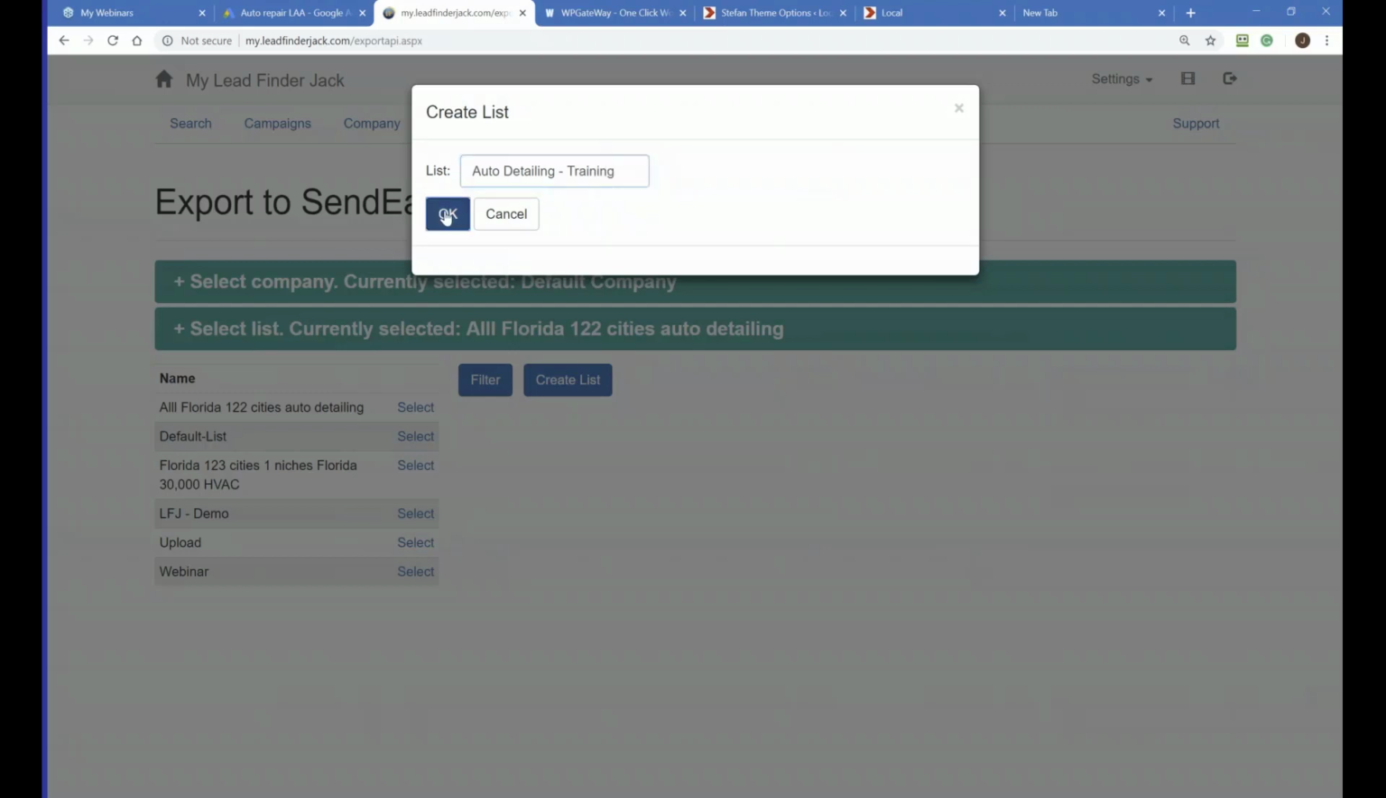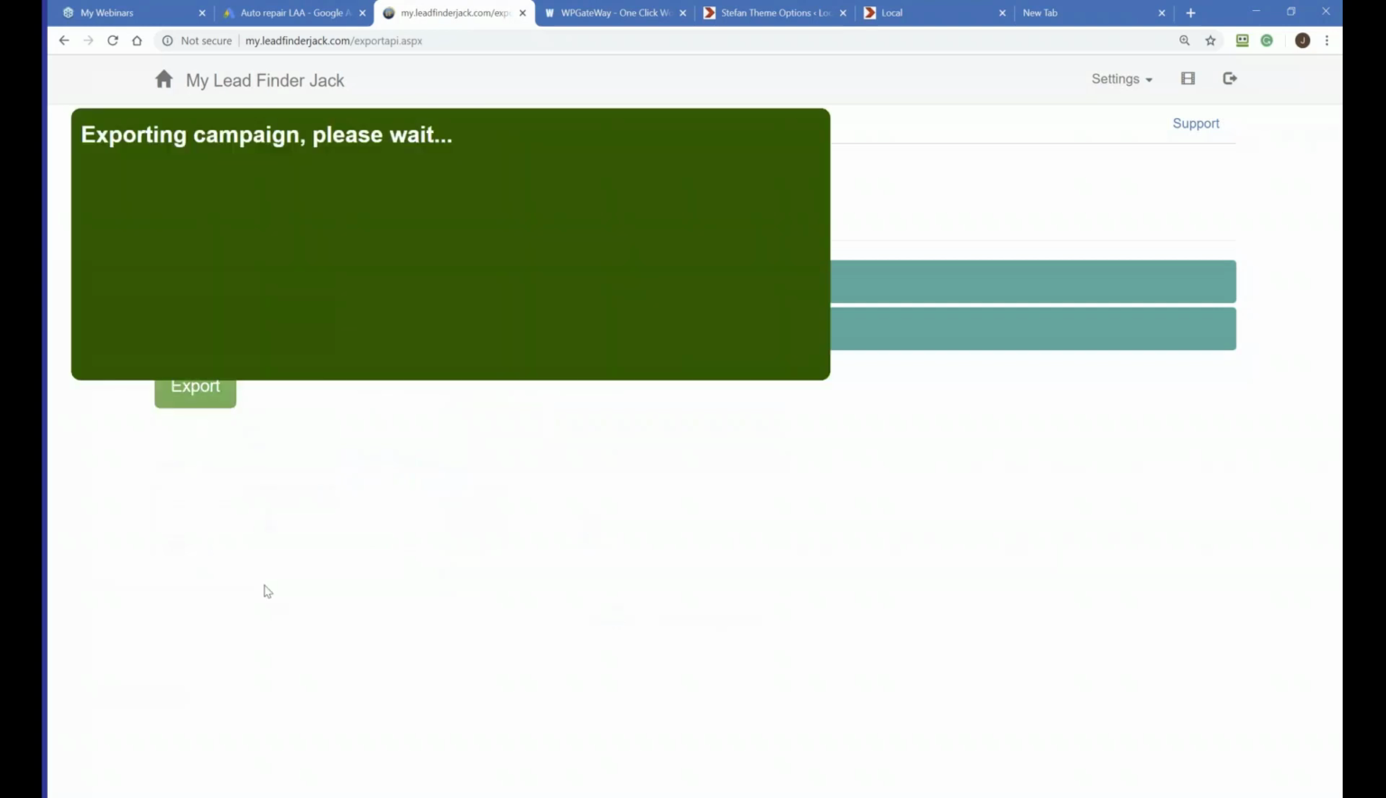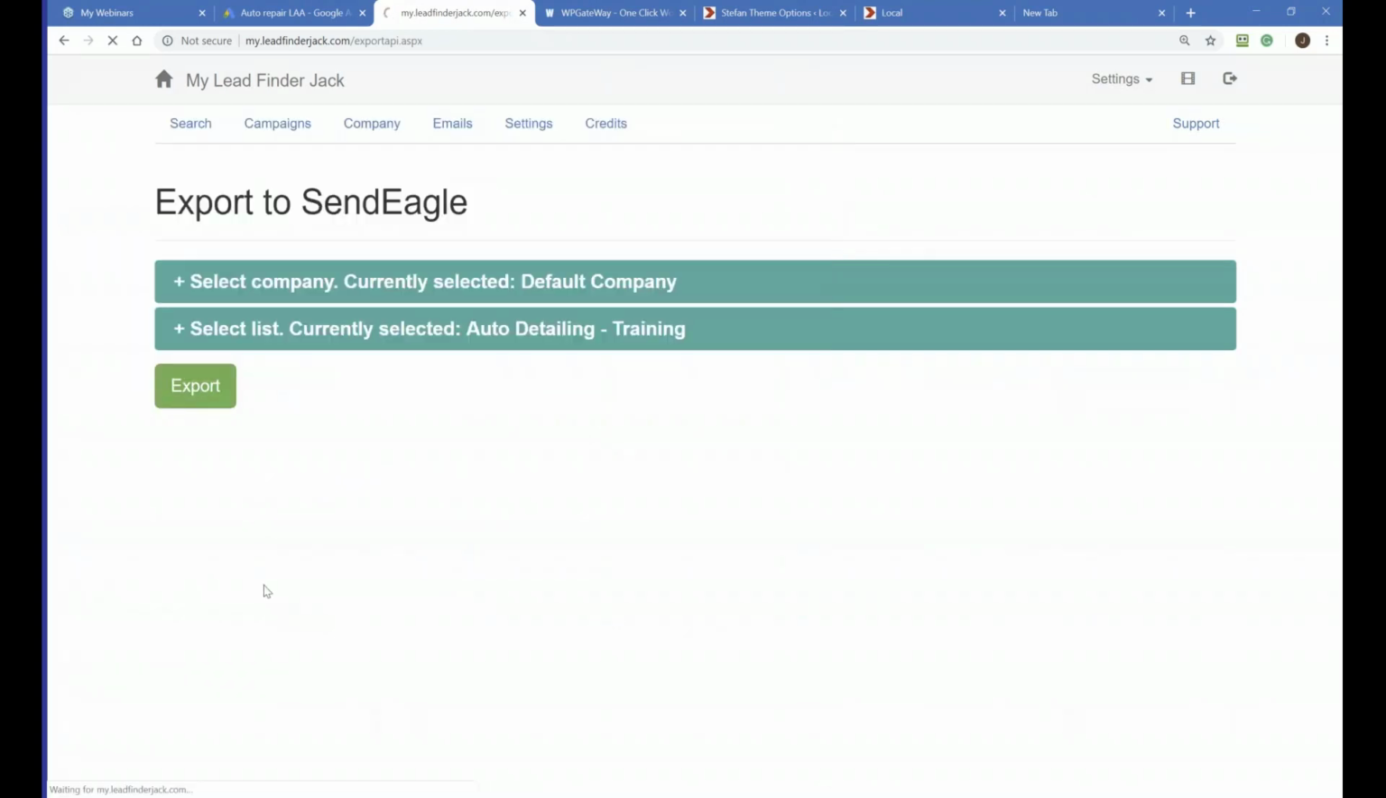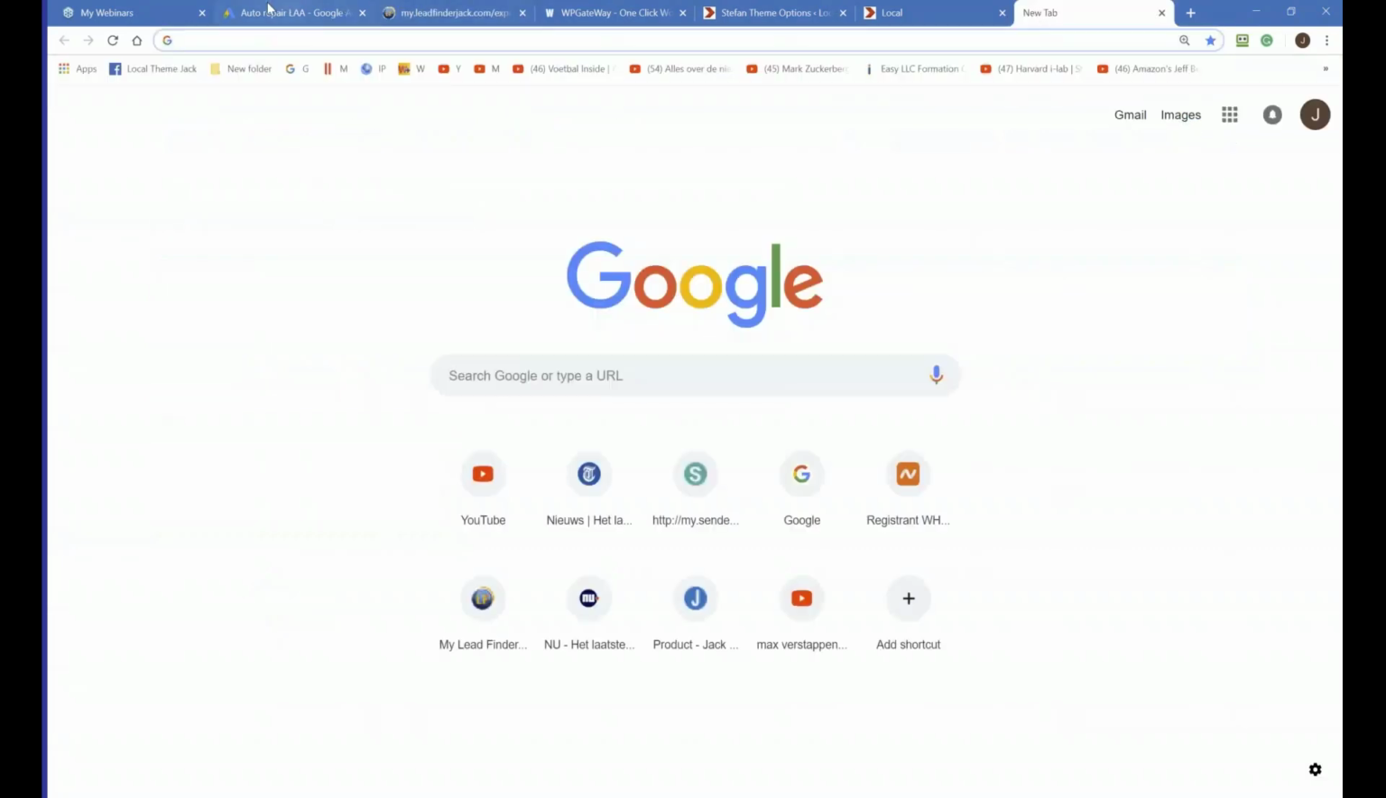Okay, click OK. Now the list is created, and I click on export. So now the leads from Lead Finder Jack get exported for you, nothing to download, directly from Lead Finder Jack to the cloud. Okay, does that make sense? So if you log in,